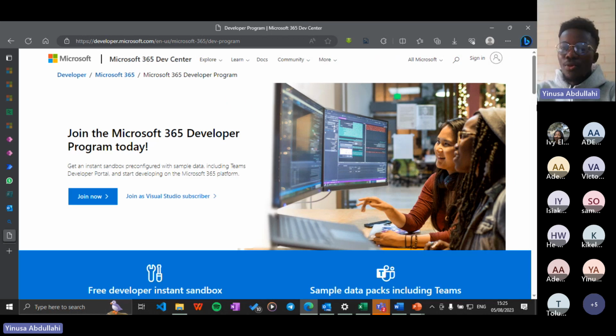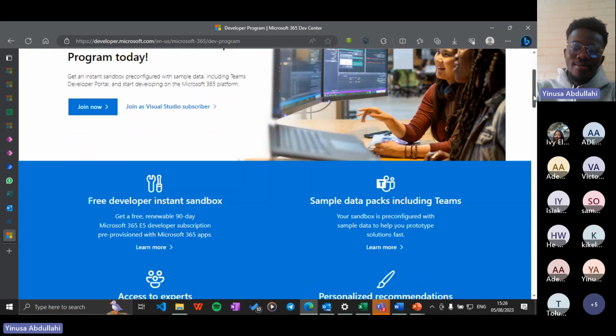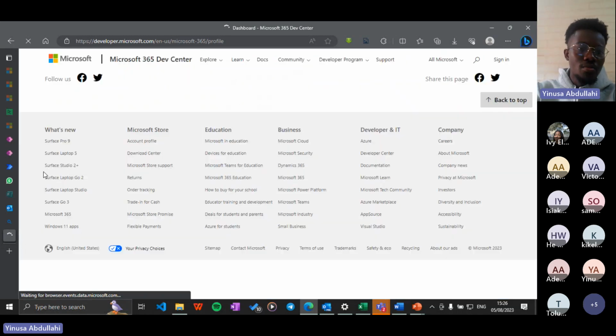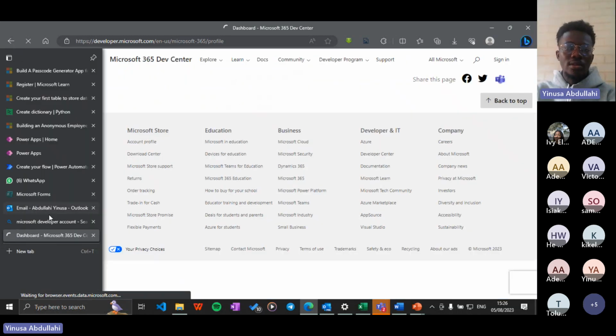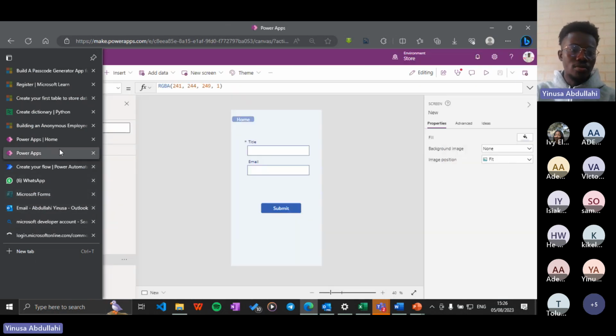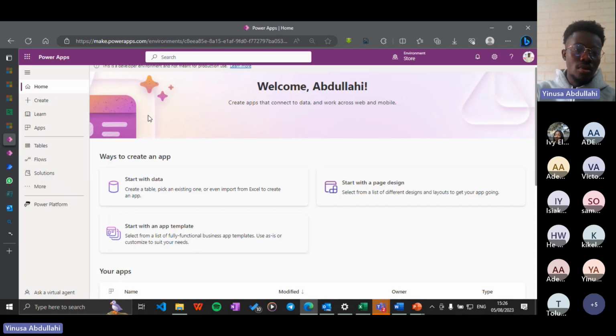So we can just quickly create our developer account if we've not already done that before. I won't go fully into it because we're a bit short on time already. So you just see here, we join now, and they just want us to fill in a bunch of forms and all of that,